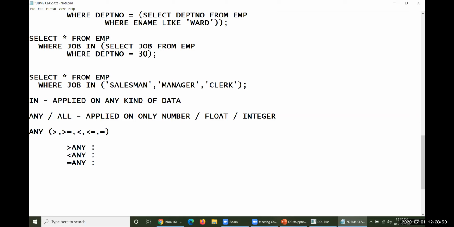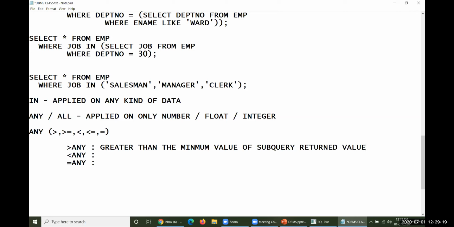Remember, greater than any will always be taken. Greater than the minimum value of the subquery's returned values.